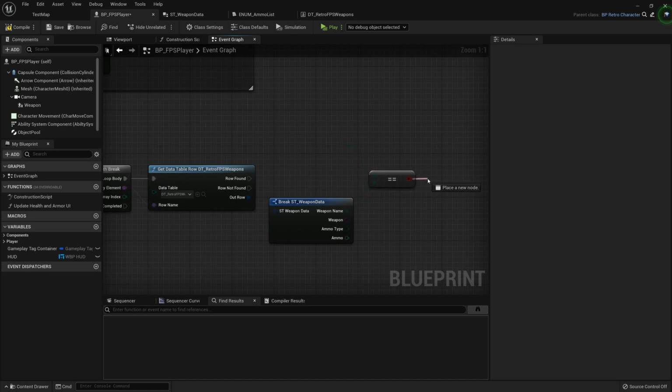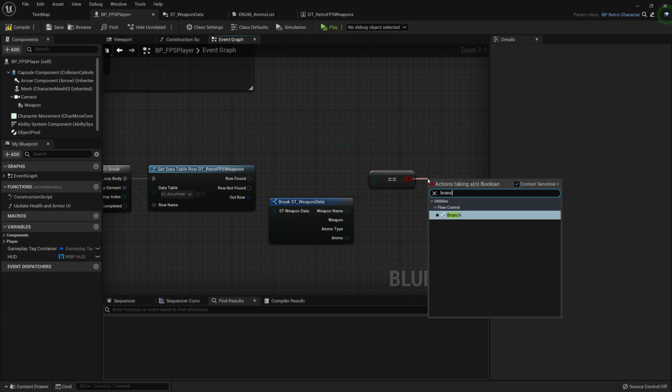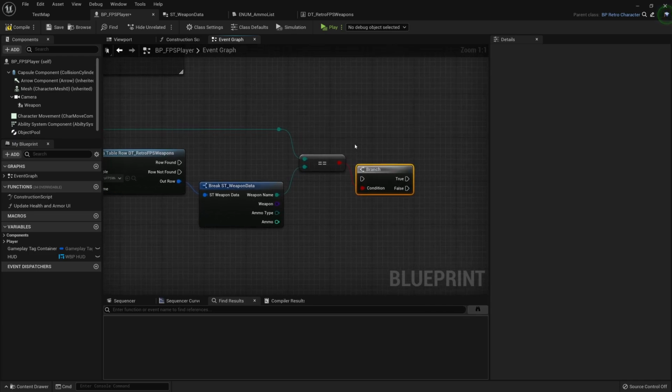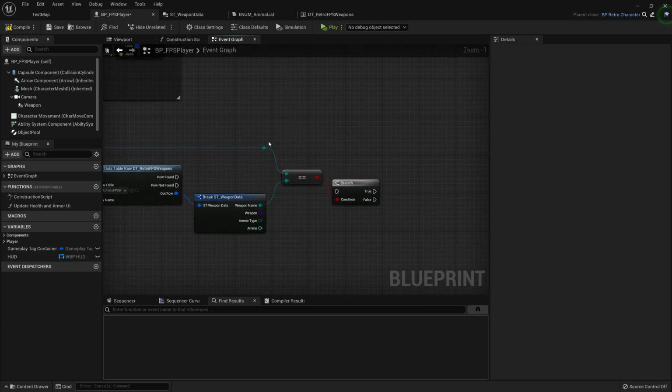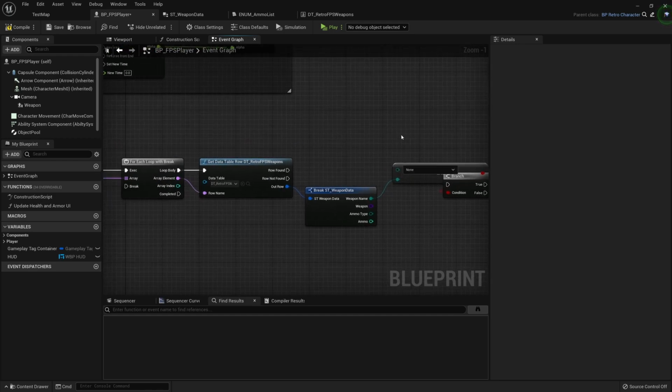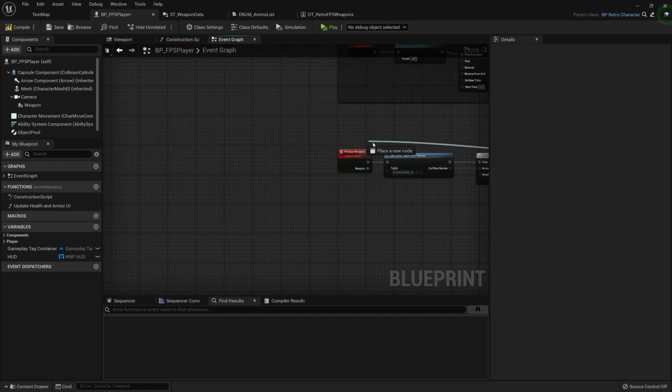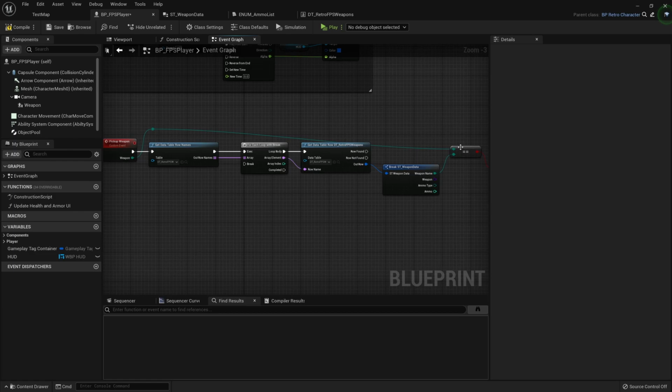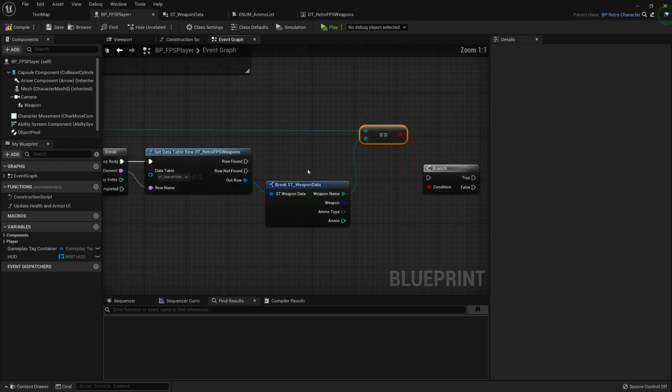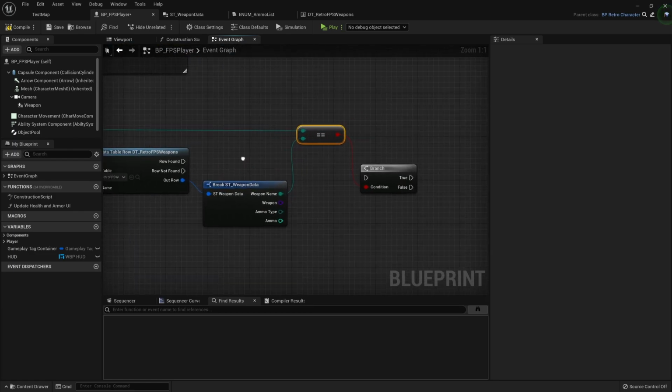And then from this bool, we're going to do a branch. And actually, we can just link this up straight through so that we can drag it up. And then for the row found, that will go into the branch.